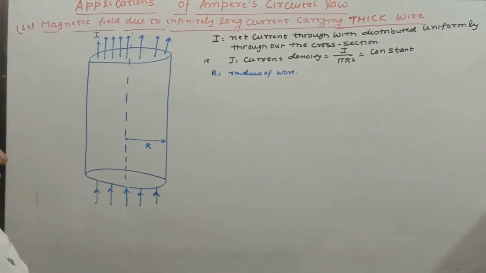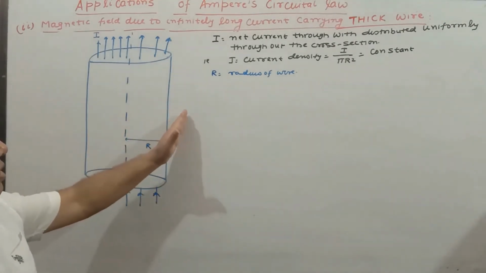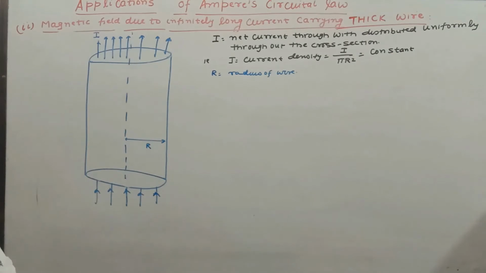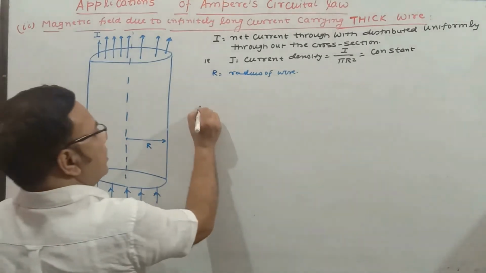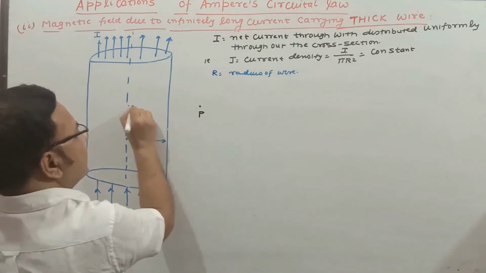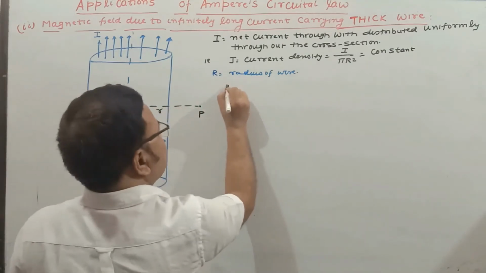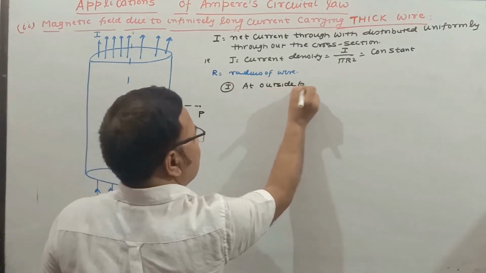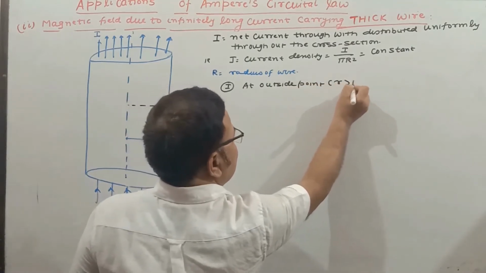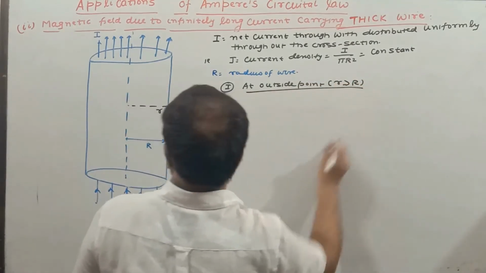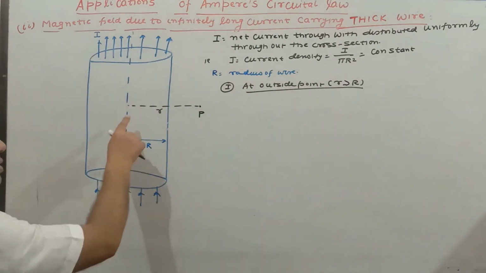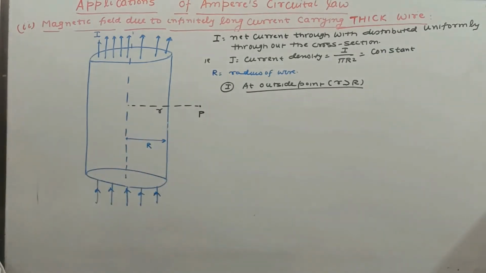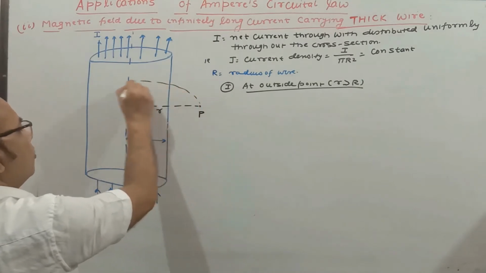Here we have to find the magnetic field outside the wire, just outside the surface, or at the surface you can say, and inside the wire. So let us take any one point outside the wire, which is at a distance, say, small r. So the first part of the derivation is at an outside point, where r is greater than the radius of the given wire. Now we are going to complete one Amperian loop surrounding the wire. That Amperian loop has a radius small r. So if we make it, it is somewhat like this.